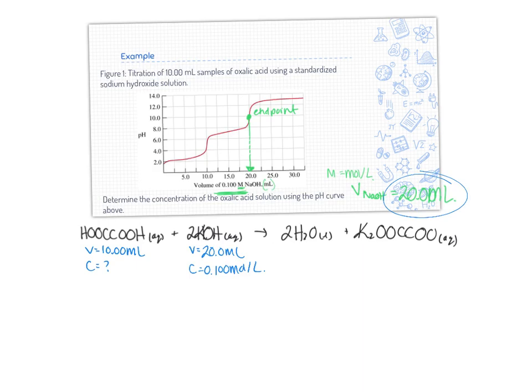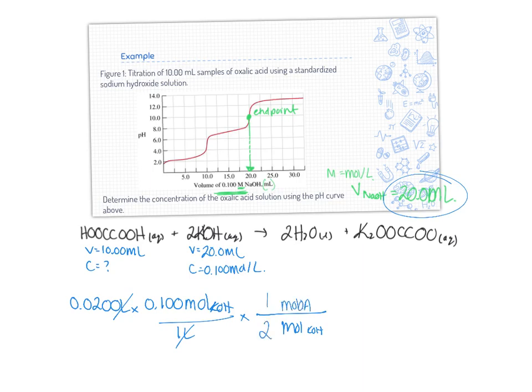Just using some unit analysis, 0.0200 liters of KOH times its concentration. Sorry, that was KOH, my mistake. Liters cancel, we're left with moles of KOH. We need to cancel moles of KOH. They go on the bottom of our mole ratio, and moles of oxalic acid are on the top. So that's a 1/2 ratio. Moles of KOH cancel. Now we want our units to be moles per liter, so I'm not going to cancel moles. I'm simply going to divide by liters here. I'll show another 0, and I get 0.100 moles per liter